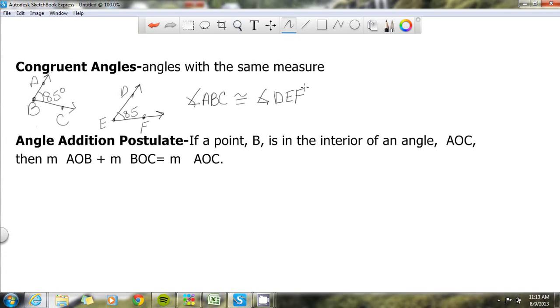Now our angle addition postulate says if a point B is in the interior of an angle, and we need an angle symbol there, angle AOC, then the measure of angle AOB and the measure of angle BOC equals the measure of angle AOC. Now what all that is saying is, if I have an angle